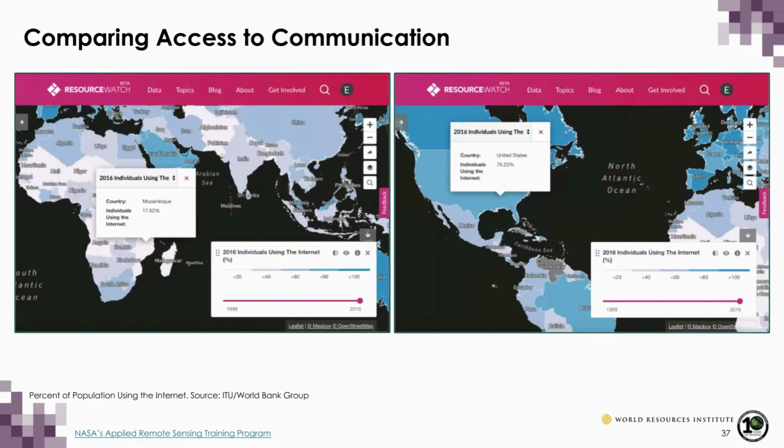And the last thing that I want to look at in terms of how many fatalities you might have in a storm is how well you can communicate that a storm is coming. You'll see that Mozambique has a much lower access rate to the internet than the United States does. So this tells us that the United States would be much more able to tell citizens that a storm is coming and keep them updated with the latest news and events and help them prepare for that storm or tell them to evacuate in a much more timely manner.